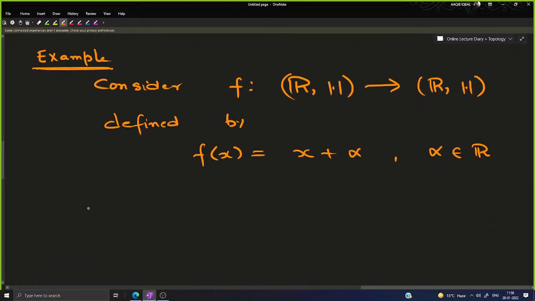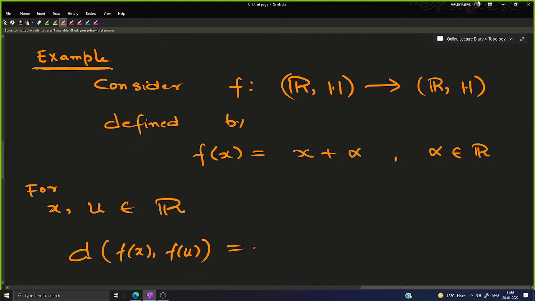ठीक. Now if you take 2 points x comma u in your domain space that means which is R, अगर आप 2 पॉइंट्स लेंगे R में और फिर उन इमेजेस के बीच में जो डिस्टेंस है अगर आप उसे लेंगे, if you compare the distance between the images of x and u, since you are using actually the usual metric, so in the codomain space you are using the usual metric, so this distance will be mod of f of x minus f of u